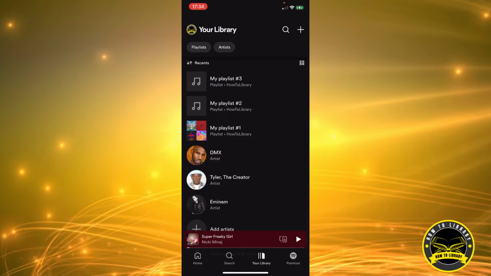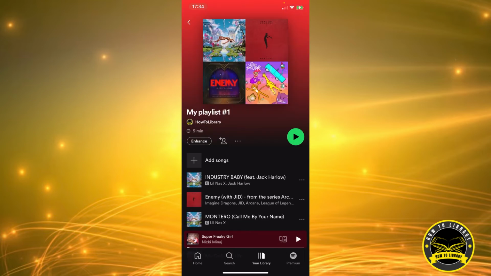And after that, this is where all your playlists are. So, you're going to pick one of the playlists you want to make private, and after that, right underneath the picture there's a little icon of a person with a plus sign and a 3 dots icon. So we're going to click on the 3 dots icon,